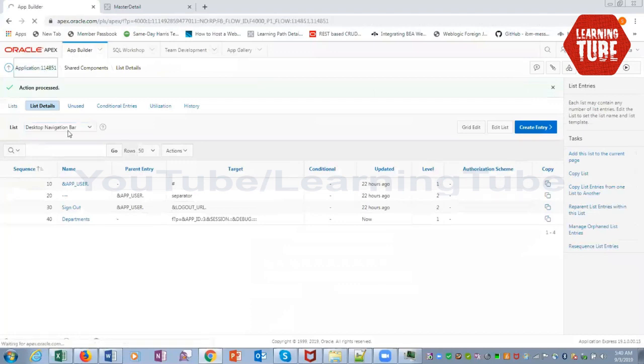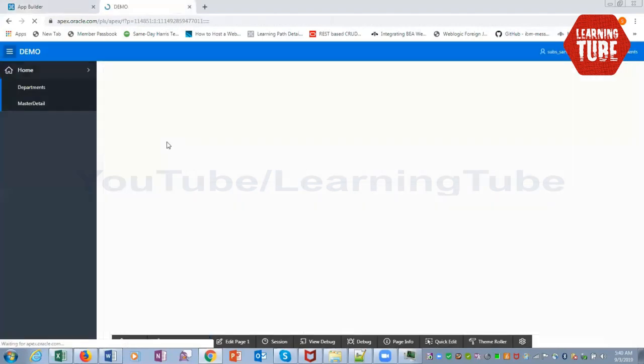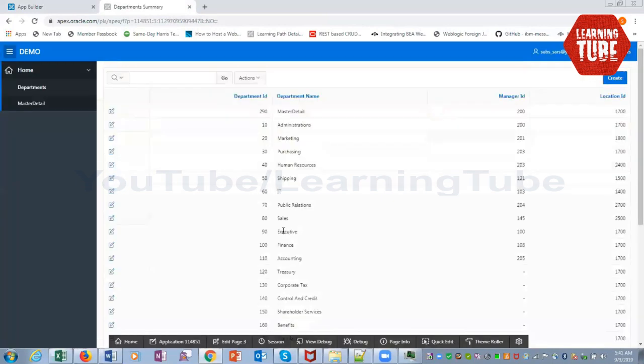Now if we run the application, you see there is a department that is appearing here. If you click on it, it will go to the department summary page. And you can also shift it here. You can shift this department before this by